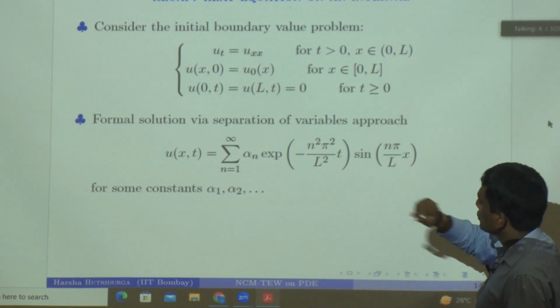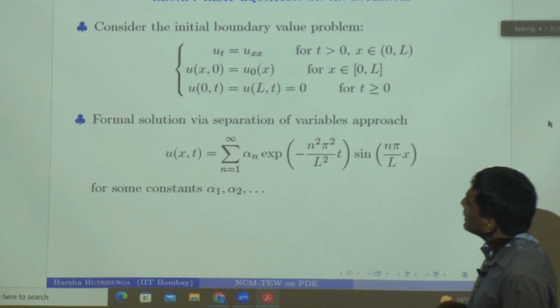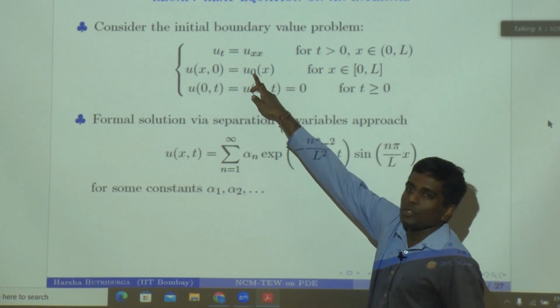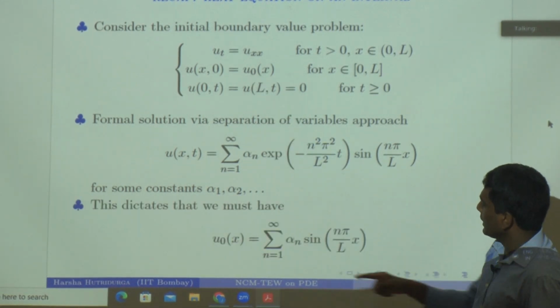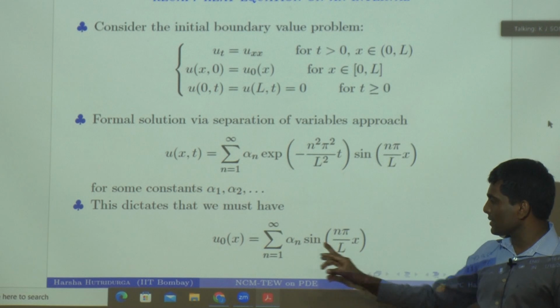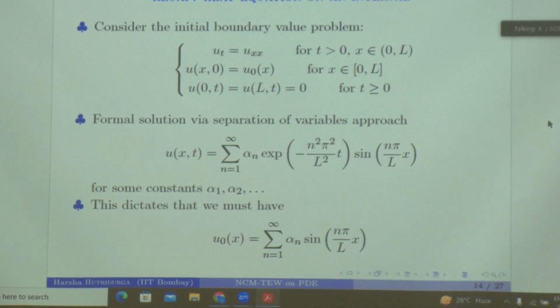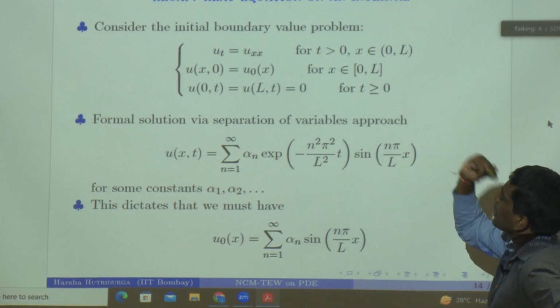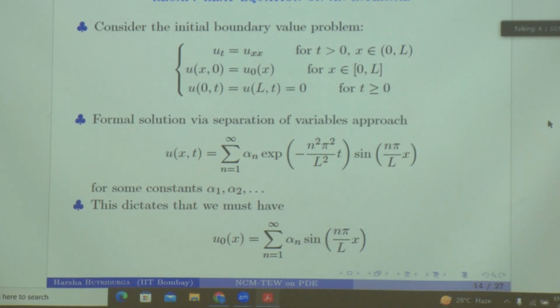And so this is the solution, where what are these coefficients alpha n? They are related to what this u0 is. Okay. They come as the coefficients of this series, the Fourier series for u0. Okay, the sine series, the coefficients for alpha. Okay, so this is the gist of what happens when you try to solve the heat equation on an interval using the Fourier series. Okay, so we will take cues from this and we will try to adapt a similar strategy to solve the wave equation on an interval.